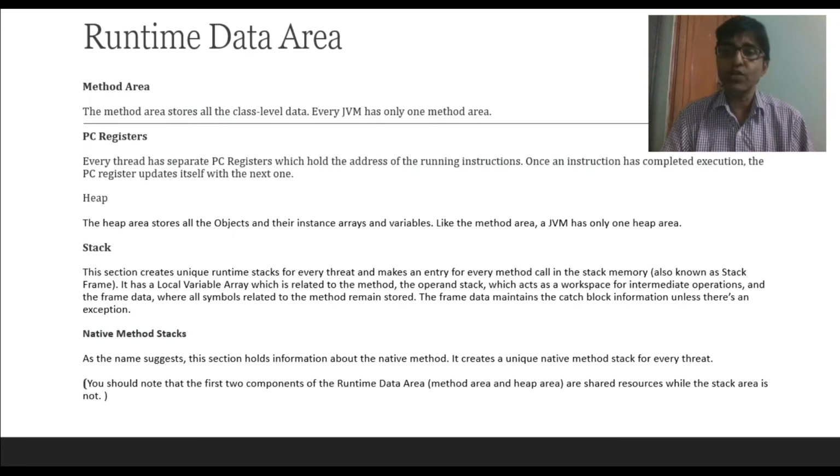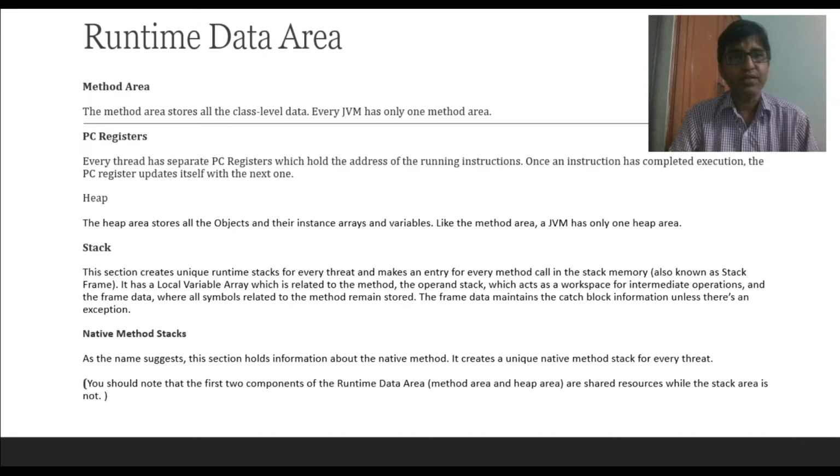You need data, so data has to be initialized into the class. The values should be passed on to the class and you have to call the respective method to execute it. So that is a bundle. With the calculator, I can create an object out of it, and the object will contain the implementation of these four behaviors. All the methods which I have defined, add numbers, divide numbers, multiply numbers, subtract numbers, are called methods. So the method area stores all the class-level data. Every class has data and methods that support the class.